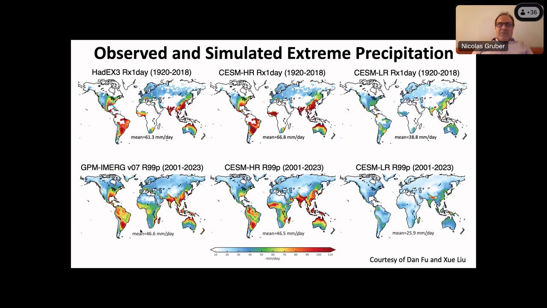And the second question, let me ask it more simply: what is the role of increased topography when you go to higher resolution in driving extreme precipitation? Yep. Let me answer your second question first because it's easier. The topography definitely plays a very important role. If you look at the high terrain regions, there are obvious improvements in the simulation when you increase the resolution of the model, because we're resolving the steep topography much better. So the topographic lifting process is better represented. There's definitely an impact on that.